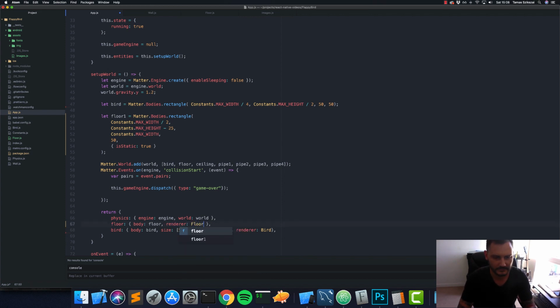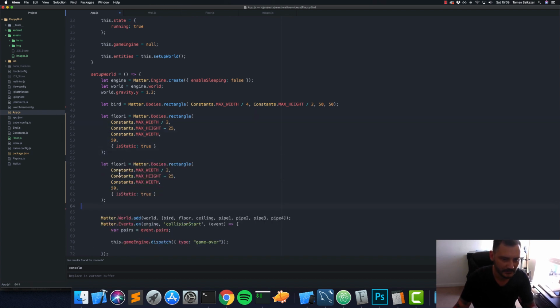What we need is a new renderer, which is floor. Okay, cool. This will be floor 1 actually, and let's add that. Let's add another one screen later. So floor 2, and this will be constant max width plus